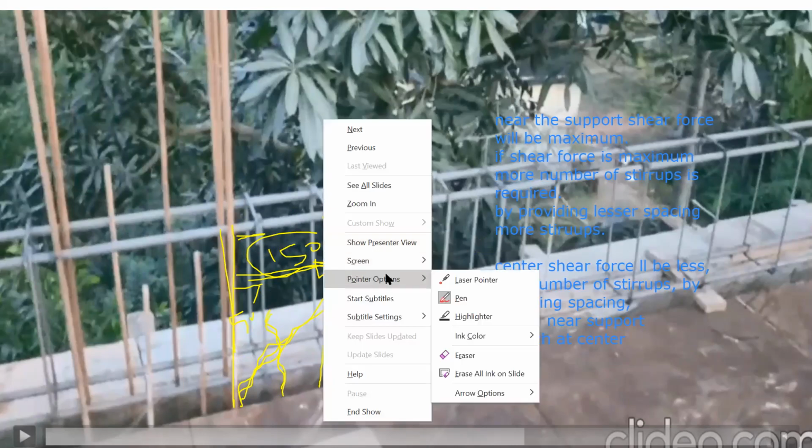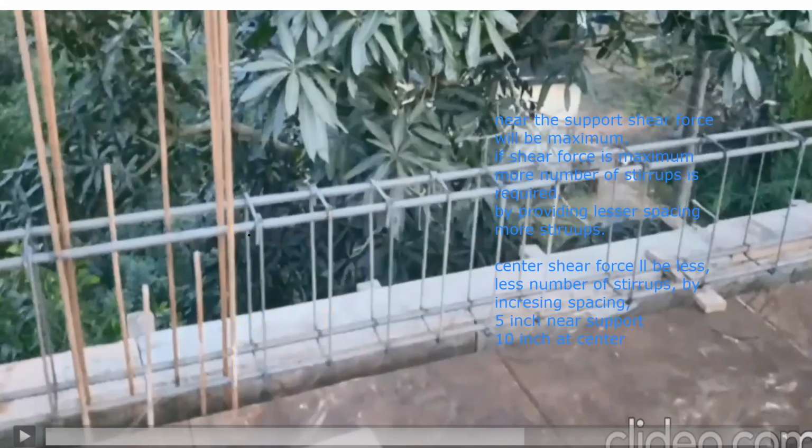The second logic is that you need to do the binding of this. If you keep it less than 50 mm, it is difficult for the bar bender to do the binding of this particular stirrup, because he has to keep his hand inside, and with the help of the binding wire he's going to do the binding.